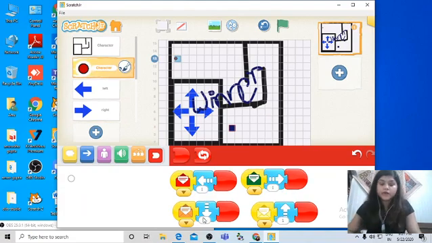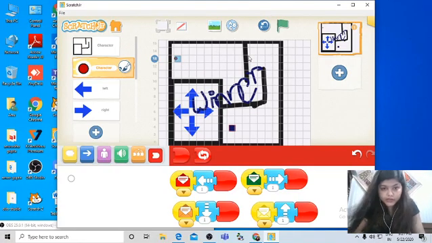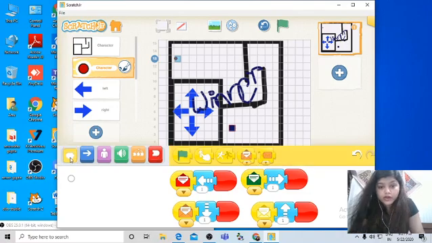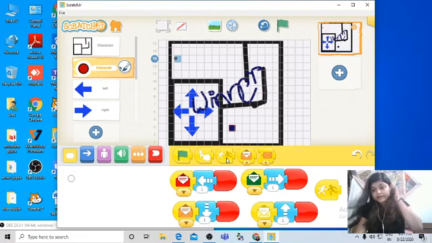Then children, remember that when your red dot touches the black line, it resets the position, right? For doing the same thing, you need to do some code. How is it possible? From the triggering block, the moment it touches another character, this is start on bump character.